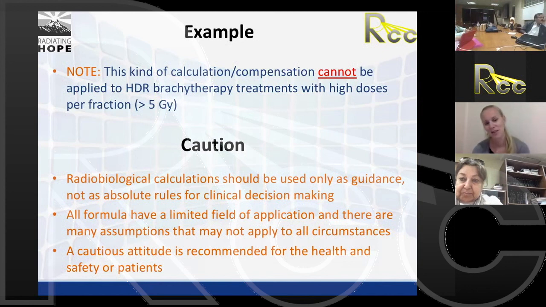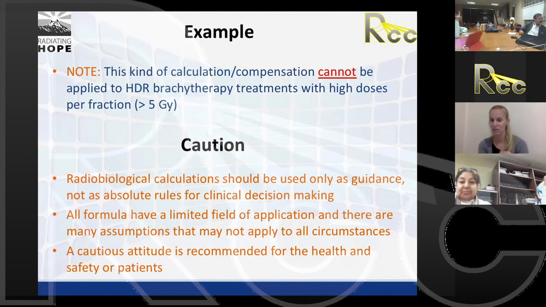So just a final note of caution. These calculations should really only be used as guidance and not as absolute rules for clinical decision making. In that example we just used, a patient missed 5 fractions. We can give them information and data, but we shouldn't necessarily rely just on that information and data to make the decision. It needs to be looked at as part of a much bigger picture. This is because all the formulas that we're looking at have a limited field of application, and there are so many assumptions that I've gone through for each of these scenarios